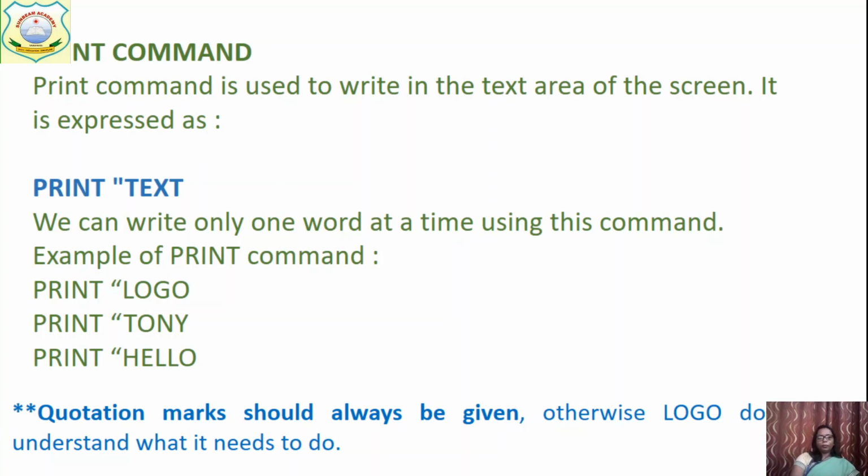How? For this also you should follow some syntax, that is print, then see this is double quote and text. On your keyboard, just before the enter key you have a key on which the single quote and double quote are both written. Single quote is when you simply press that key. If you want to type the double quotes, you have to press the shift key along with it.